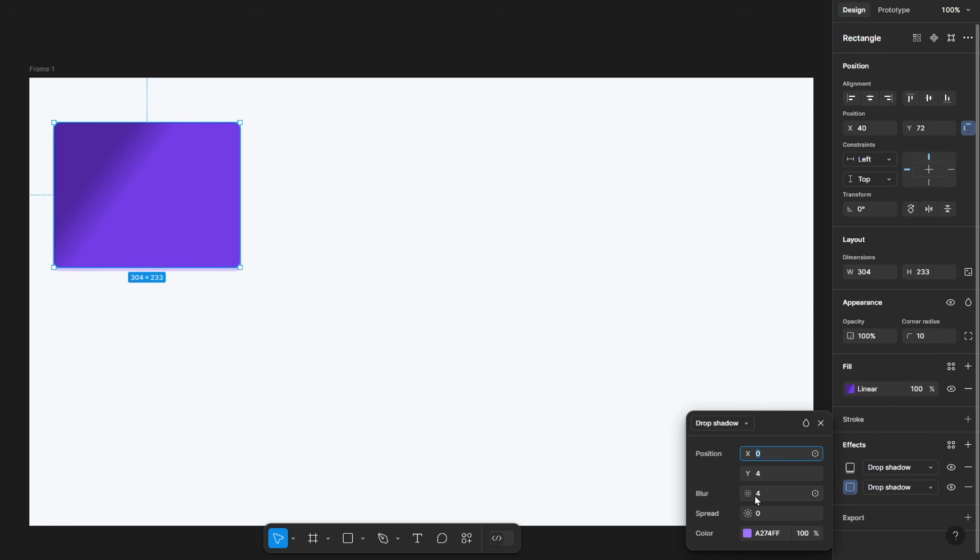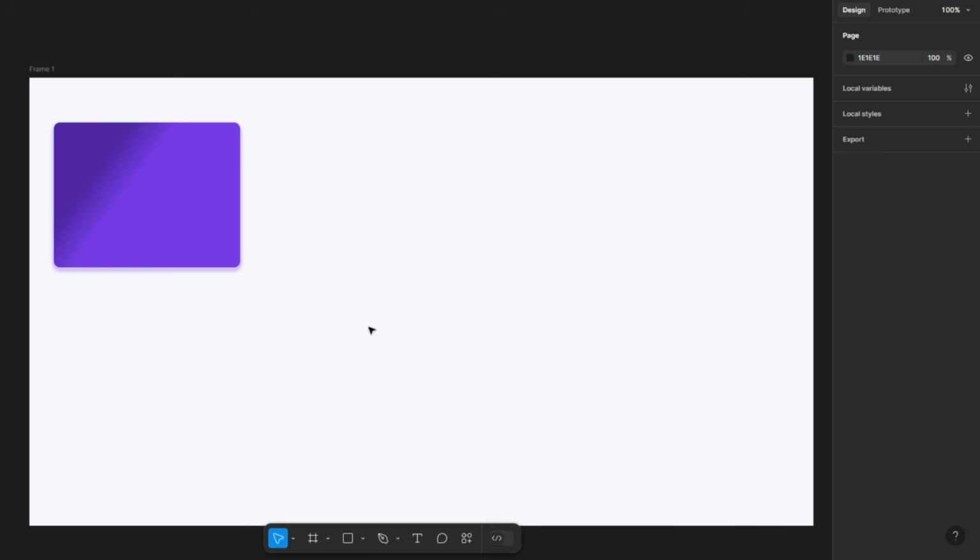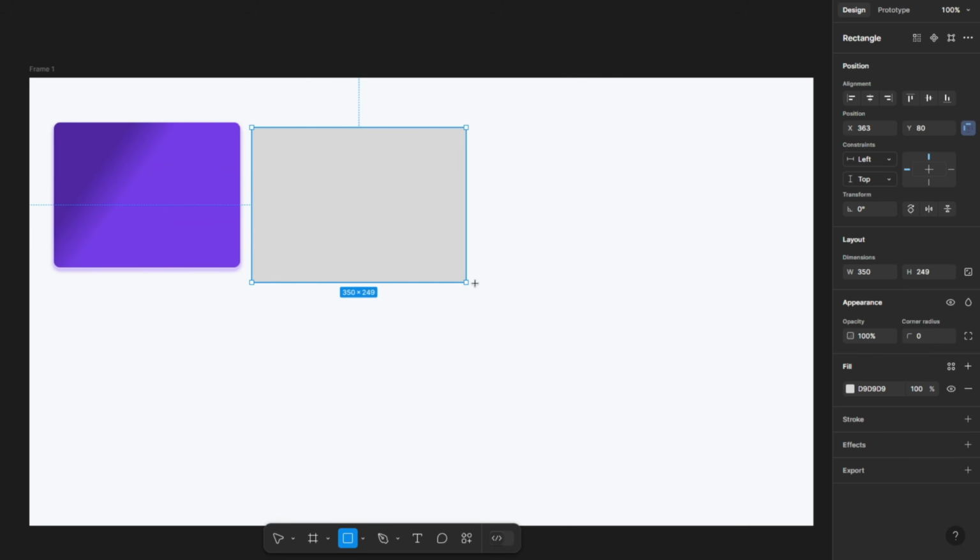Also you can change the blur here. Let's change it to 8, like this. Now we have created a rectangle for our first visualization. Now let's create a rectangle for the second visualization, and again let's select this one and just drag and drop